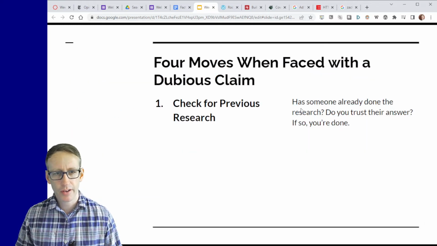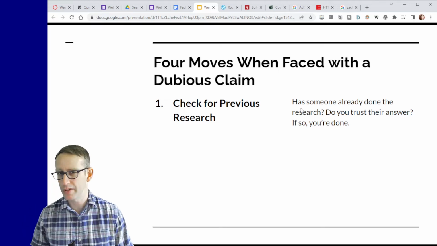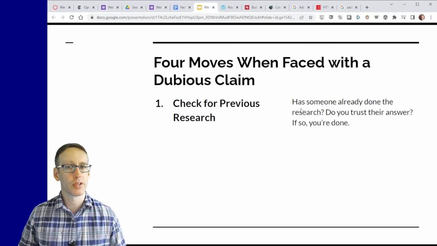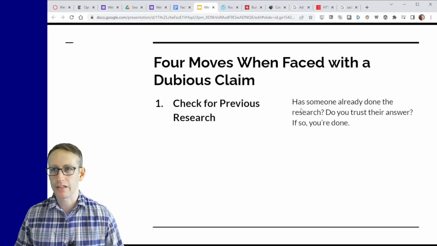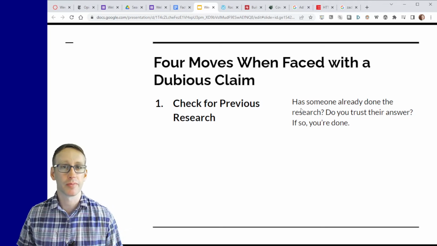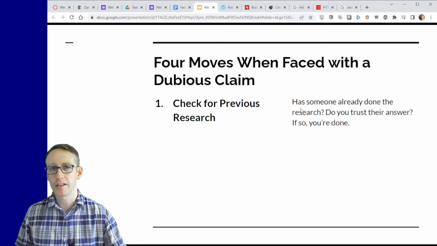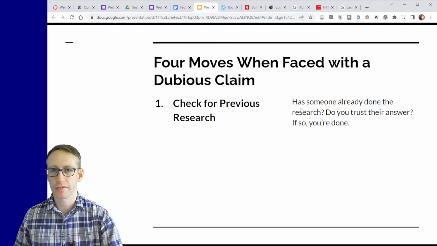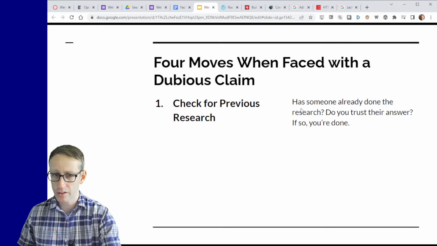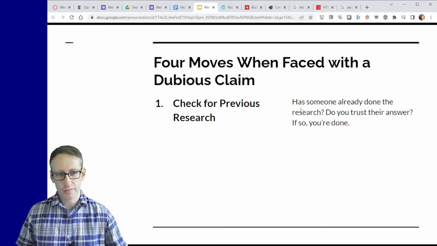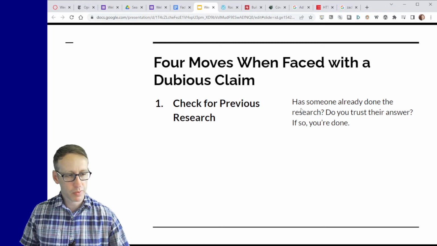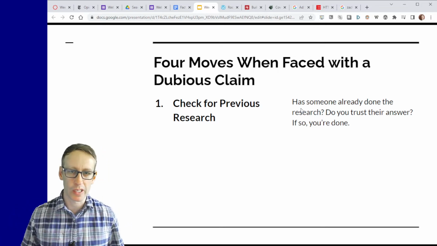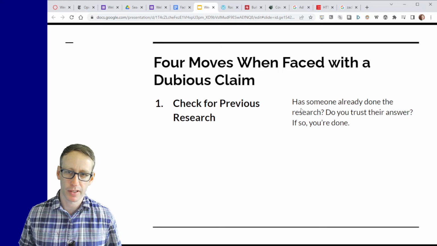All right, so here are the four things we should do when faced with a dubious claim. This is the fact-checking methodology that Mike Caulfield talks about. This is what you should do before you share something, before you click like on a Facebook link or retweet something or tell somebody about it or make a decision about your personal health based on something like this. There are lots of claims going by, especially about COVID, so we need to be careful, and this is how we can exercise that care before we share, like, retweet, or tell somebody about something we've heard.